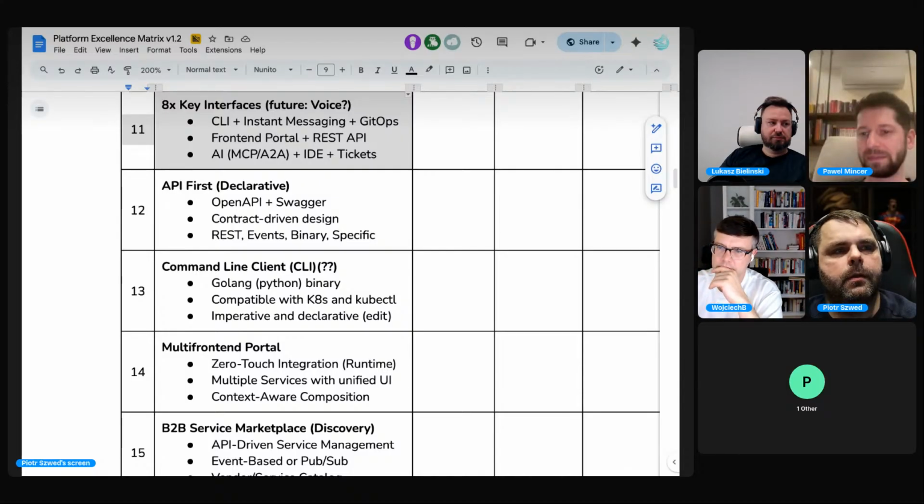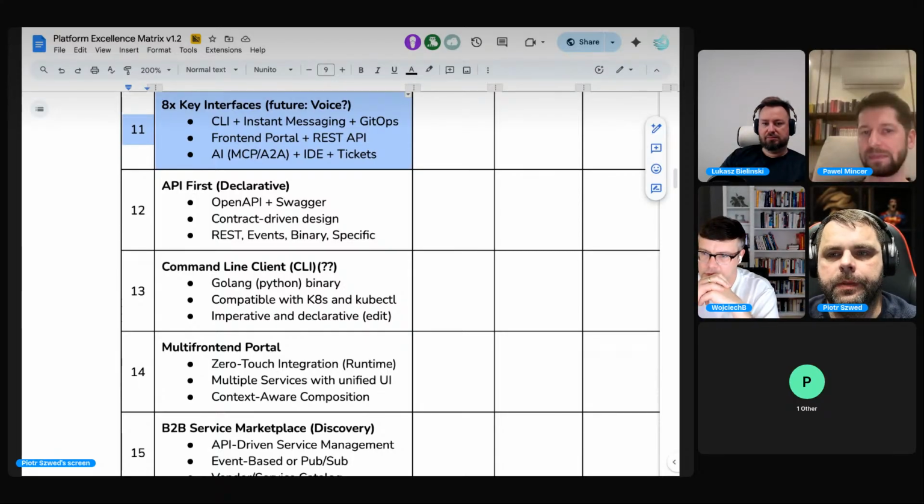Okay, so we need multiple interfaces, but the priority of implementing them is different, right? Some companies may need a front-end portal more than the backend REST APIs, but some other companies, those which are more future-oriented, may want to consume more MCP and A2A protocols than the older REST APIs, right? So I think that's the answer to this question. It's about priority, basically, not about whether you need 8 or 9 of them. It's about priority.